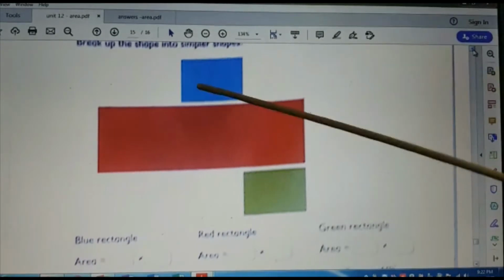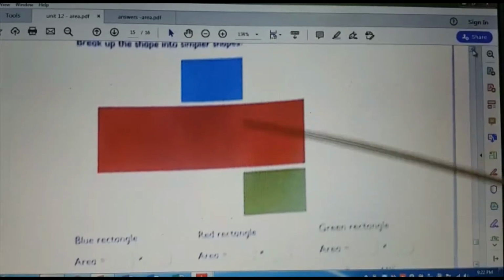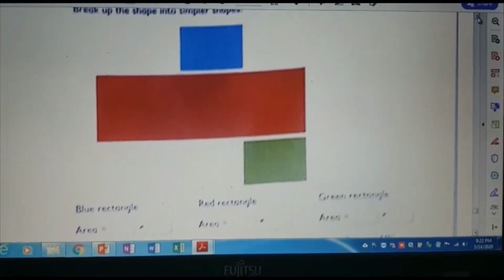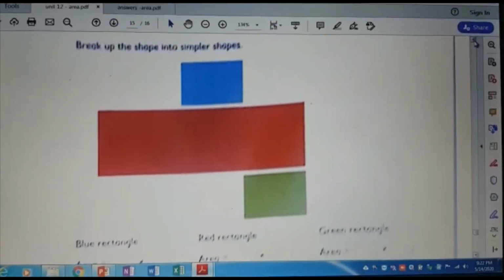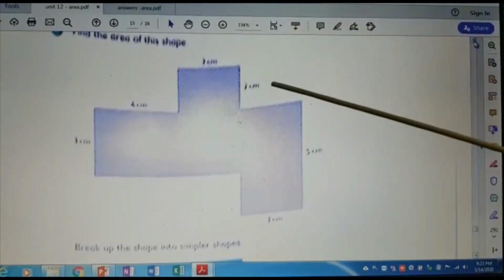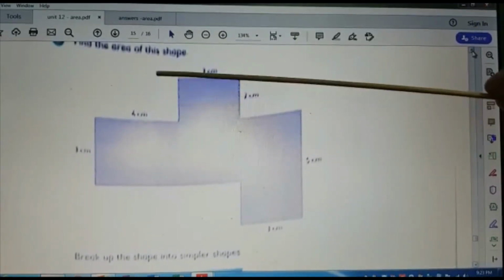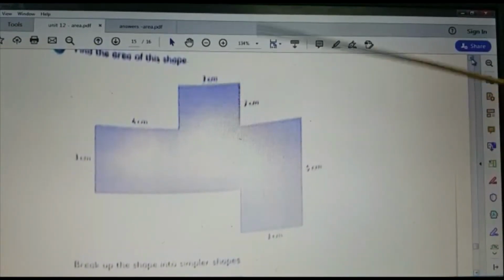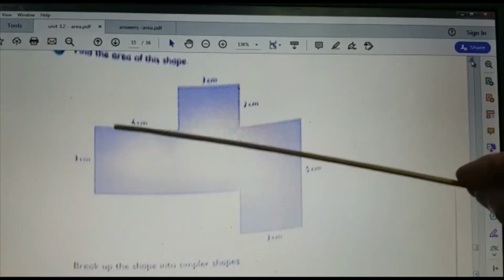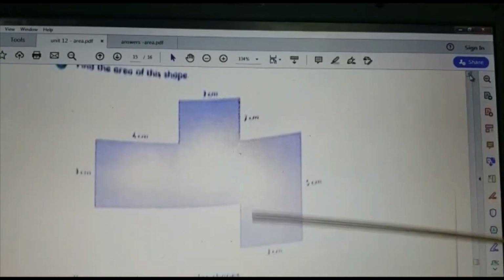See, we have divided the shape like this, the blue, the red and the green, and we need to find the measurements from this. First you try to do it yourself. After that I will give you the explanation for the answer in another slide. See what is given here. 1 centimeter, then 1 centimeter is here. So if you divide like this, it is a square. And what is the measurement? 1 multiply 1. Then coming to this, we can divide it as a rectangle. This is 4, this is 1, and this one is the same as this. So these two will be same.